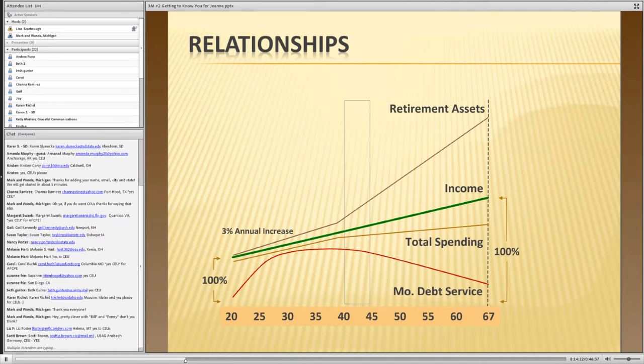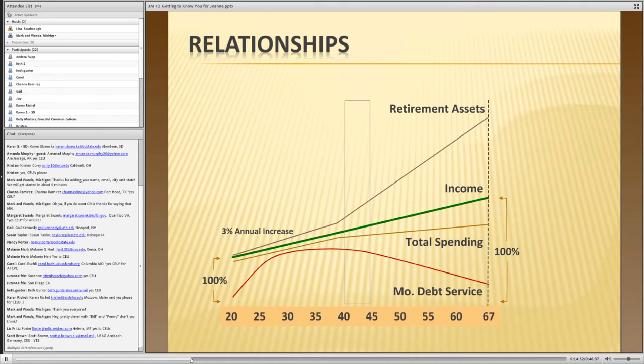Now this is really more about relationships, and this might be a rather difficult chart for you to grasp, and I wouldn't be surprised, I made it. But what we show here is the income, starting back in your 20s, and we're going to assume a 3% annual, straight line increase in the income from your 20s out to when you retire at 67. Now we can see the total spending really kind of matches our earned income in our 20s and 30s and arguably into our early